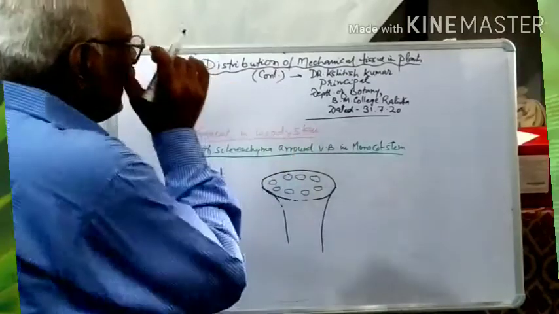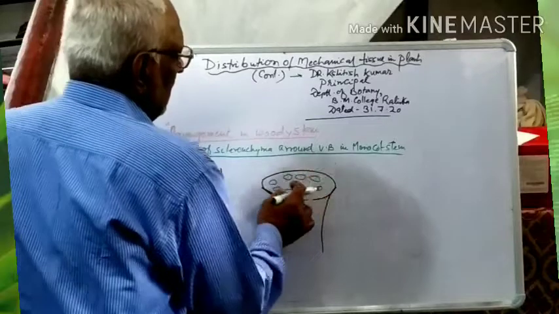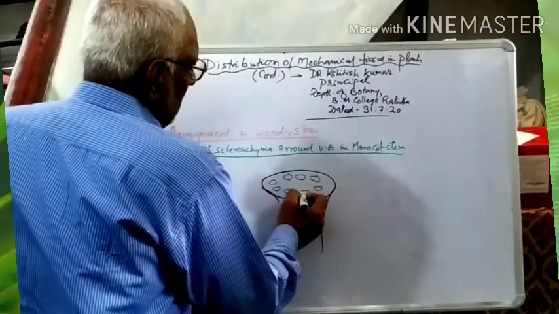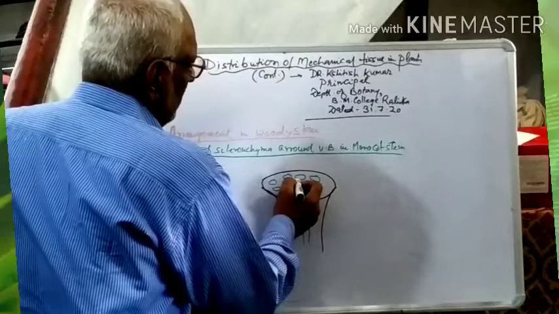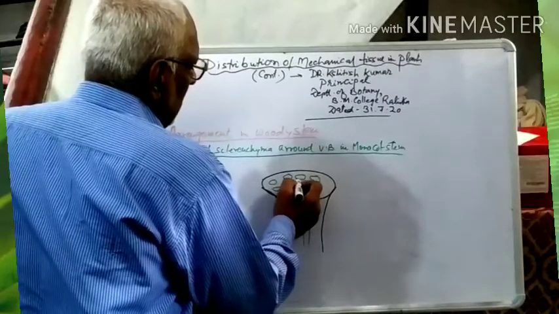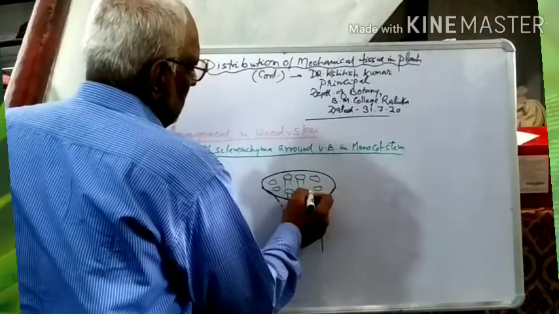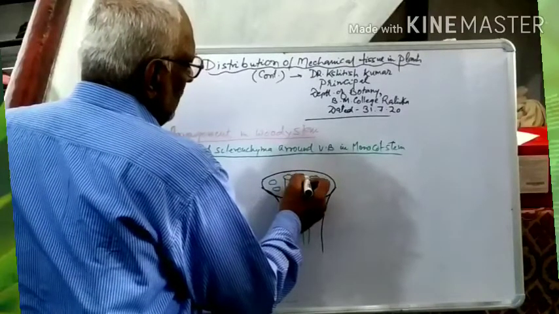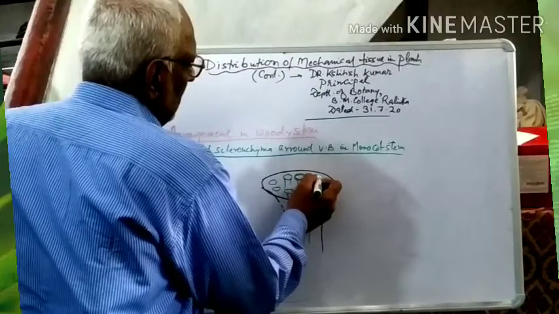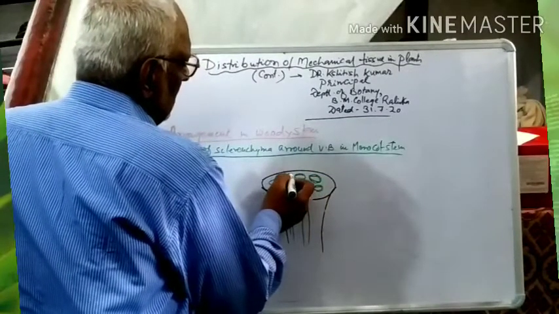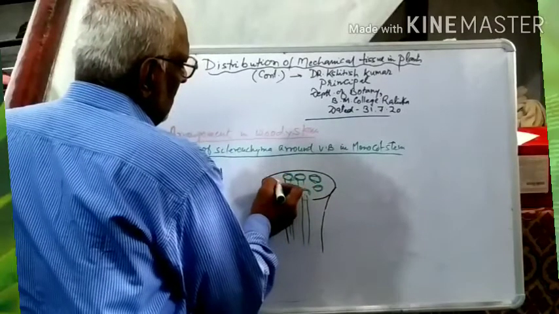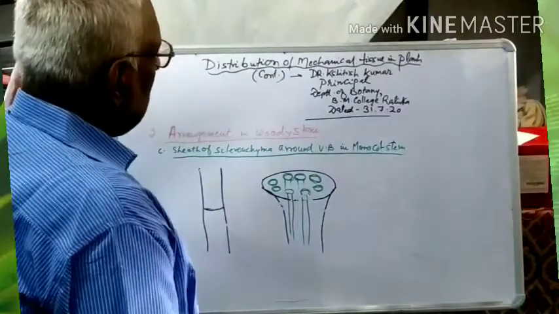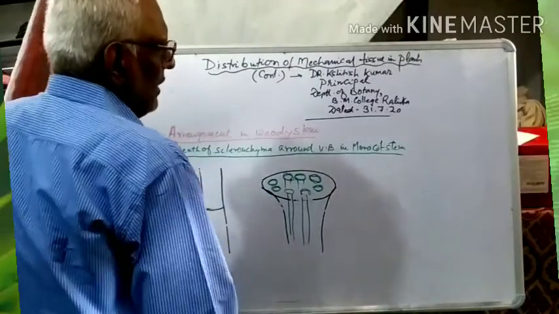Each vascular bundle, which looks like this in the TS, makes a pillar going from the lower portion to the upper portion, and these pillars have a sclerenchymatous covering around each vascular bundle, and so it makes the pillar, and this sclerenchymatous tissue gives support to these pillars, and the plant is able to tolerate the wind.